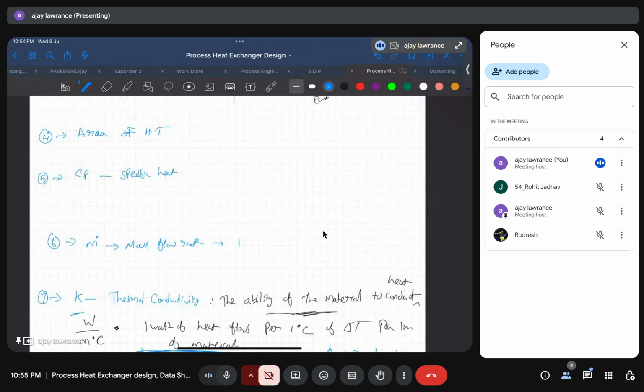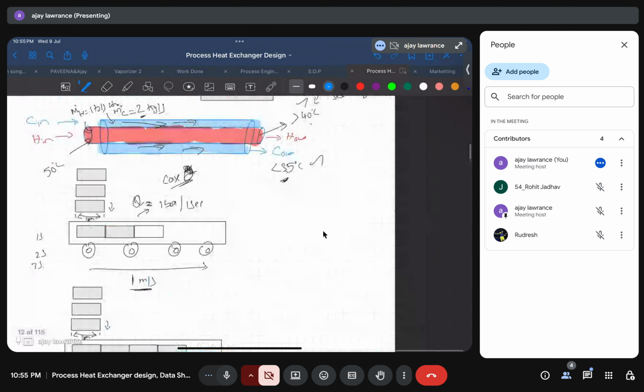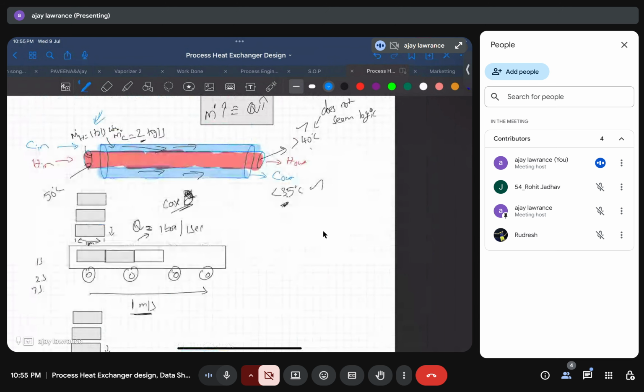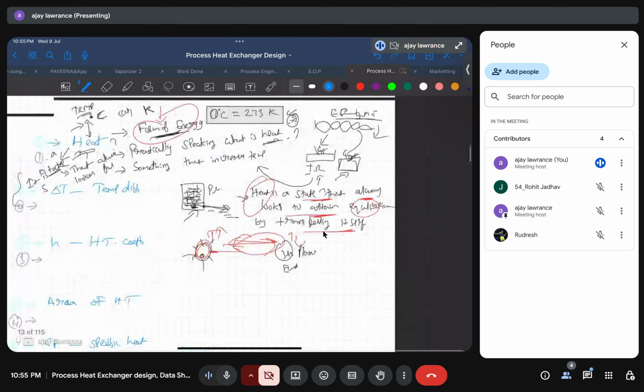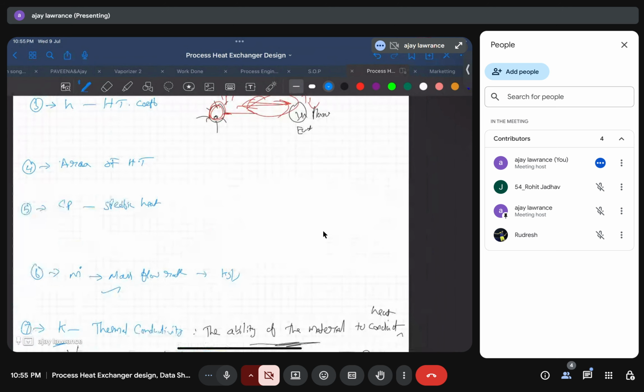Mass flow rate is nothing but kilogram per second. We have seen the above equation, how mass flow rate makes an effect here. Now specific heat, a very, very important term. Definition: